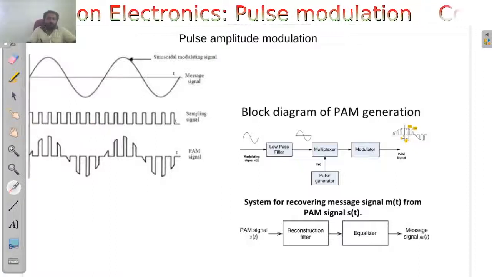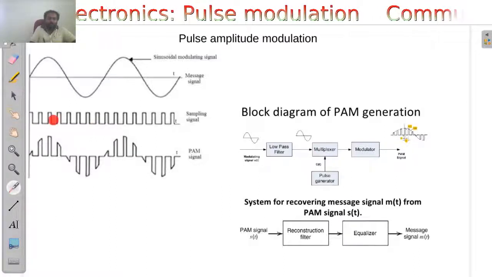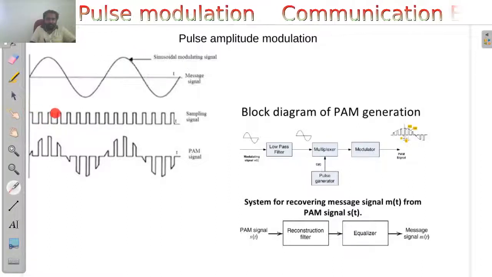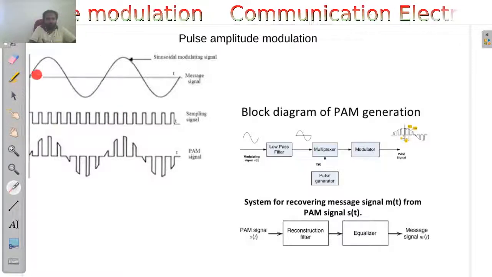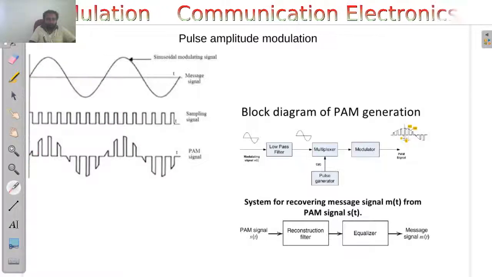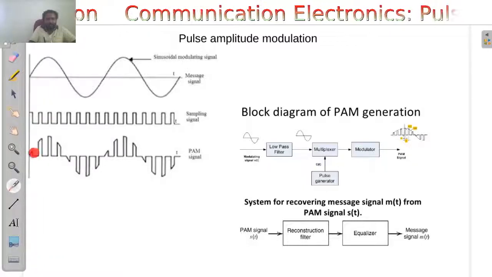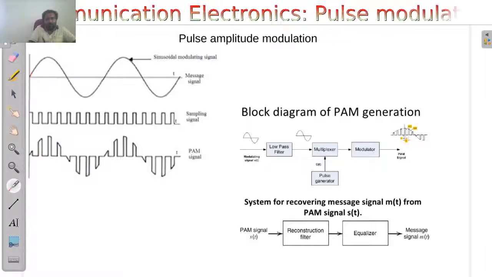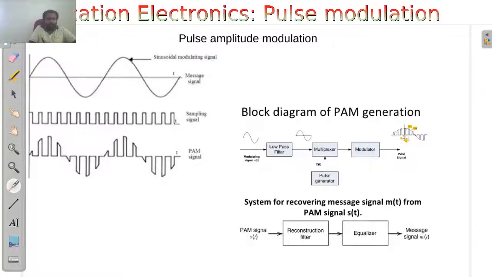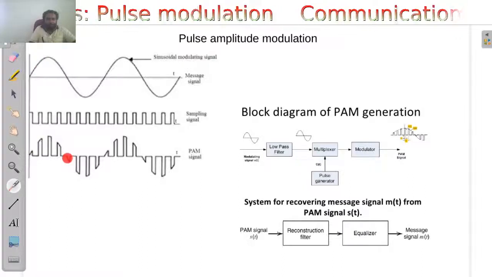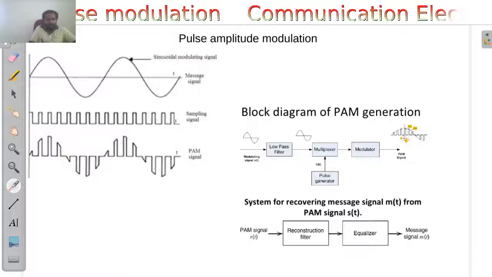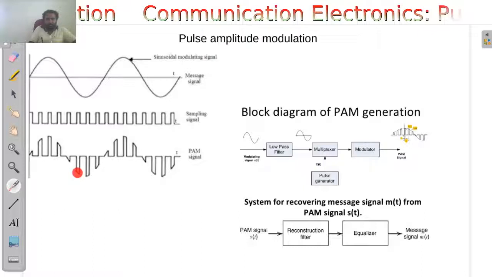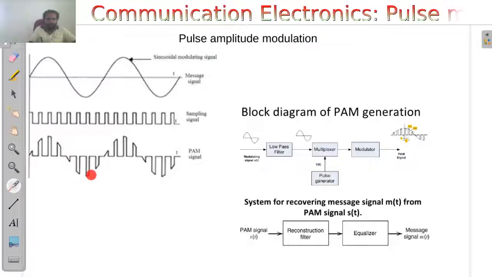Okay, so what we do is we multiply this waveform and this waveform. So suppose the amplitude of the pulse waveform is 1, then you multiply x with 1, and at each point it gets scaled like this. 1 into, suppose this point is 0.1, 1 into 0.1, 0.1, 1 into 0.2, 0.2, 1 into 0.3, 0.3, 1 into minus 0.1, minus 0.1, 1 into minus 0.2, minus 0.2, 1 into minus 0.3, minus 0.3, like that.